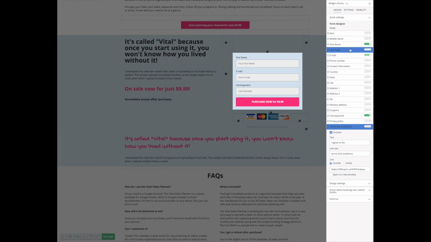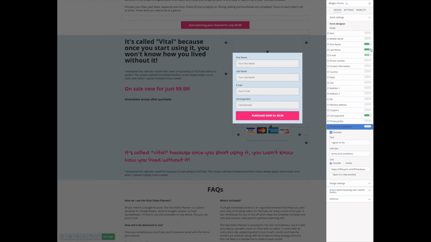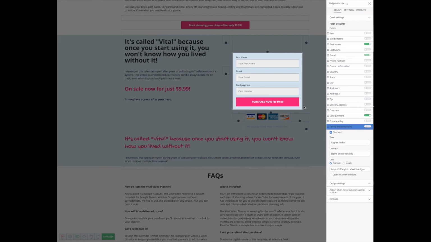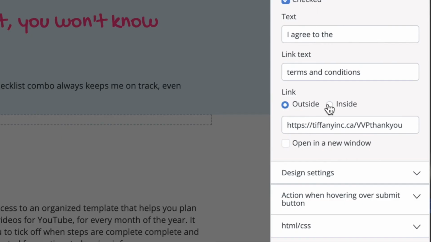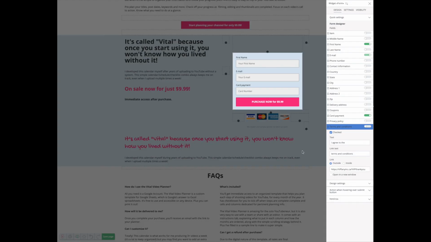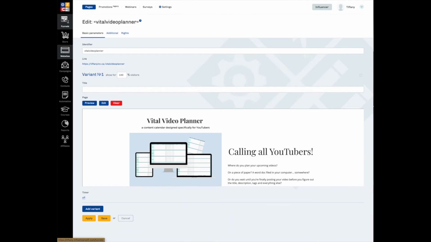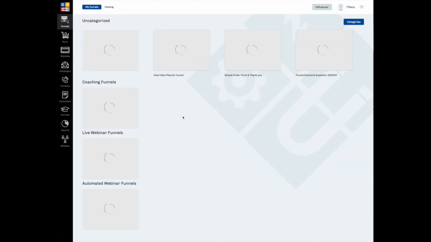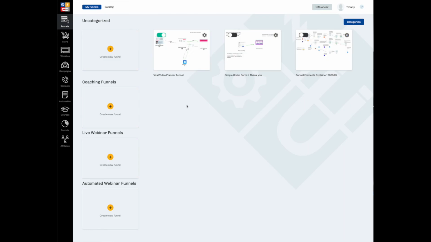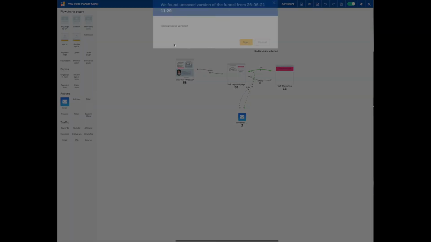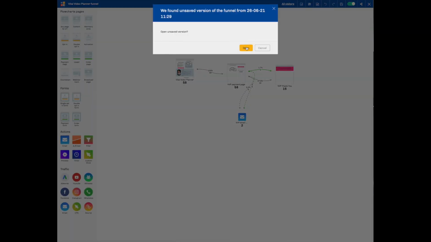Here, I didn't even want to add anything like a last name, but if I did, then it would populate in there. And then that button goes to a purchase page. I think it's probably supposed to be inside. I couldn't quite figure that out, so I made it an outside link, to be safe, a thank you page, which I built over in the funnel builder. So just to be clear here, some of the web pages, the landing pages, are actually built within your funnel, not on the actual web page. And it kind of makes sense.